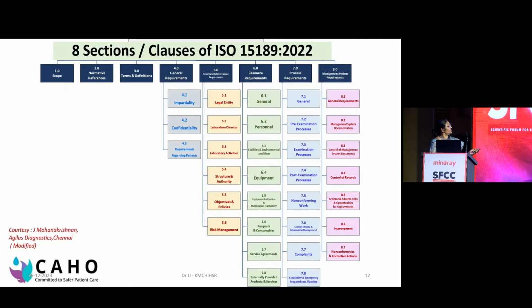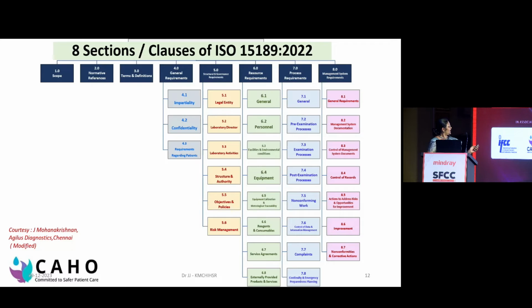Okay. However, what we did have in the 2012 were the quality management systems requirement and technical requirement. Now, what do we have here? You have a general requirement, structural and governance requirement, resource requirements, process requirement, and the management systems requirement. So the quality management systems requirement is now at the end, like I told you, the 17025 document it is aligned to. And here you are going to see that instead of a quality management system, it's now the quality systems requirement that you see.